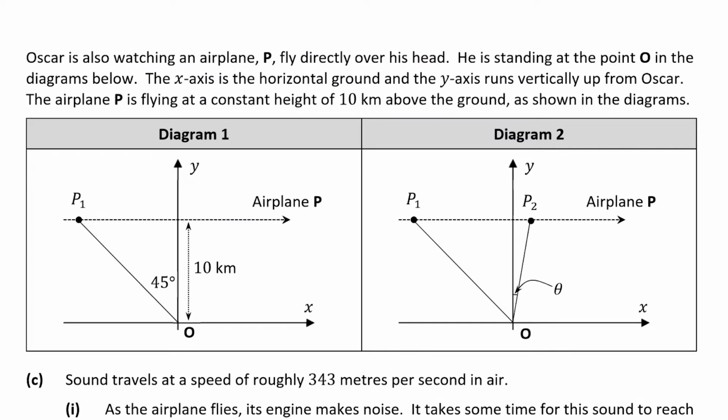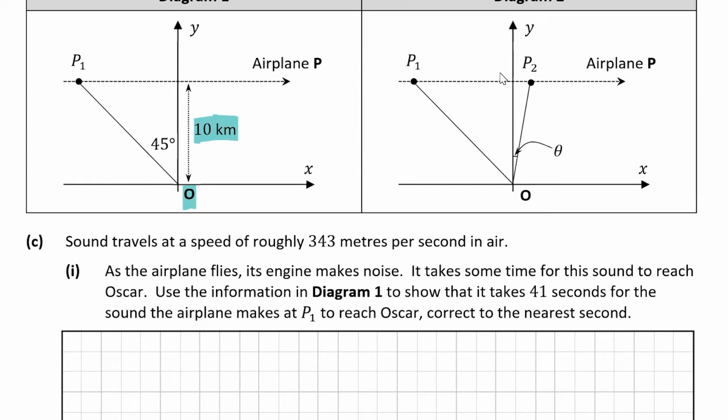So now moving on to question C. We're told that Oscar's also watching an airplane, P, fly directly over his head. He's standing at the point O in the diagrams below. So here's Oscar. The x-axis is the horizontal ground and the y-axis runs vertically up from Oscar. The airplane P is flying at a constant height of 10 kilometers above the ground. So that's shown here. So C tells us that sound travels at a speed of roughly 343 meters per second